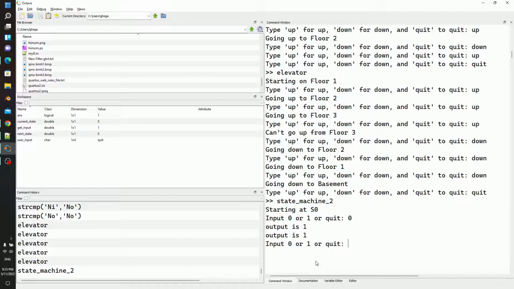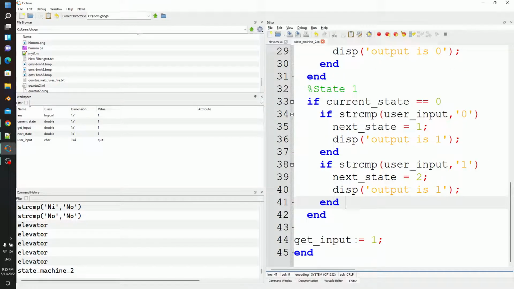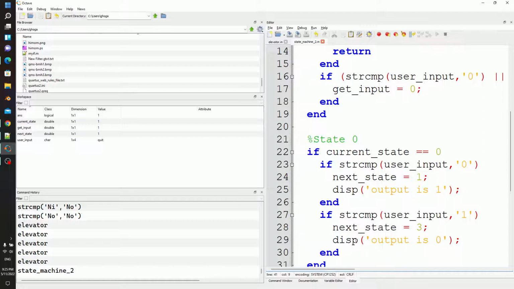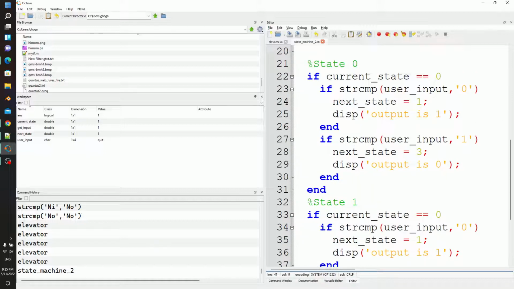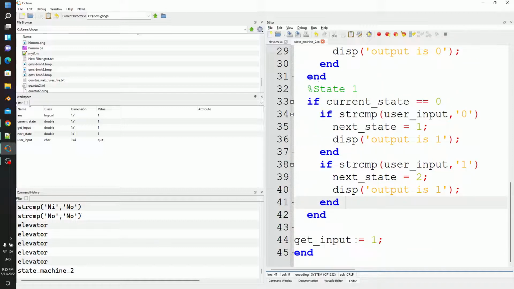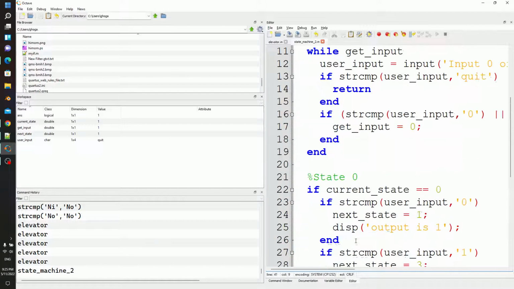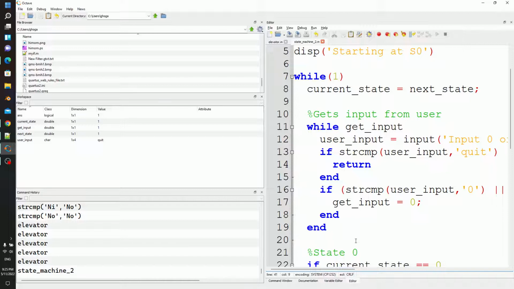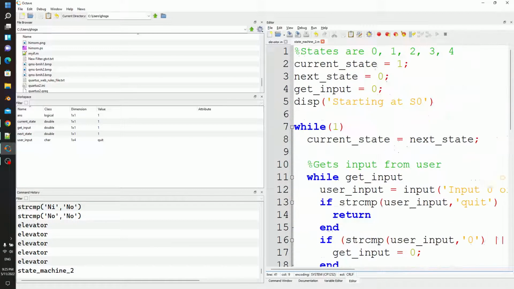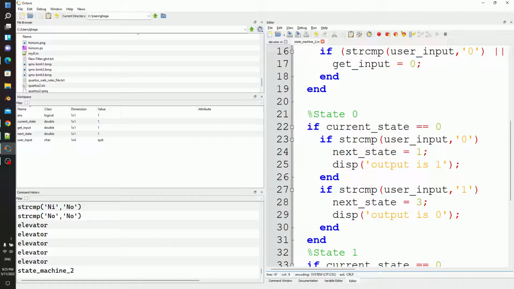Why is the output one? I don't know what happened. I don't know why that printed twice, but